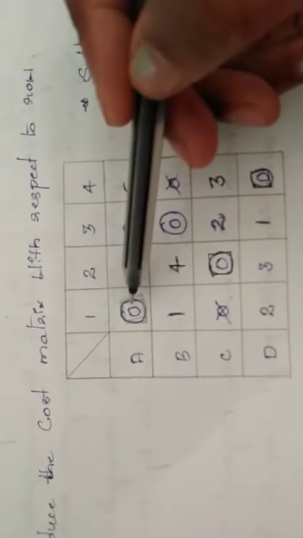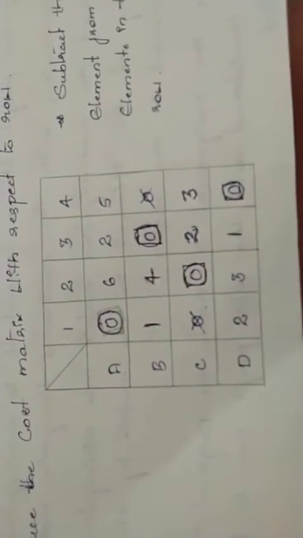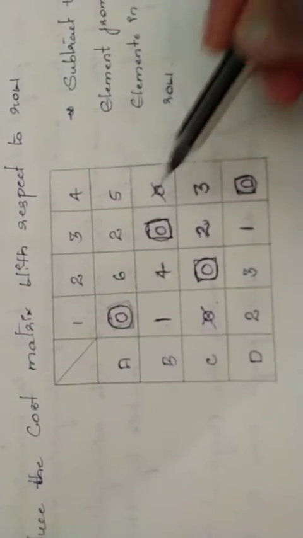Now come to the columns. In the first column there is already one assigned and one cancelled. In the second column the assignment is already done, and in the third column only a single 0 is present. Then do the assignment for that, and in this particular row, if any other 0 is present, that will be cancelled with a cross mark. Now if you look at the fourth column, one is crossed, another one is assigned. Now all the columns and rows assignment is finished.